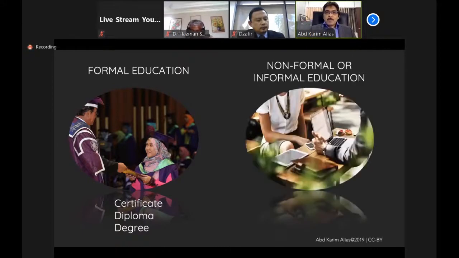But now with micro-credential, we want to provide another path for those about 60-70% that fail to make it to the university. They went to work. So these are working adults, who are working but still have the desire and the intention to get a formal qualification. So for them, they will take MOOCs, short courses, seminars, workshops, and they will get a certificate.